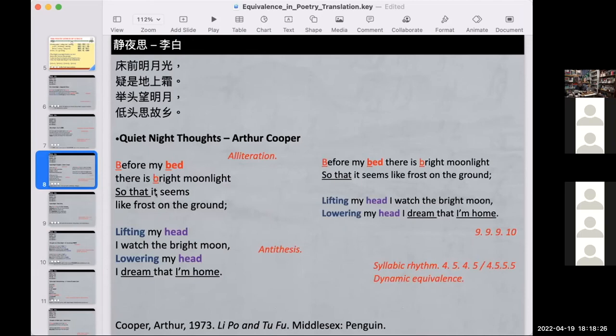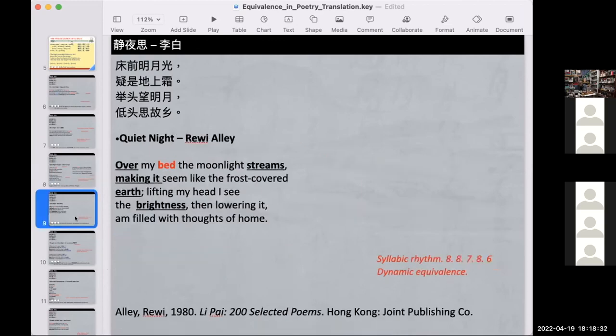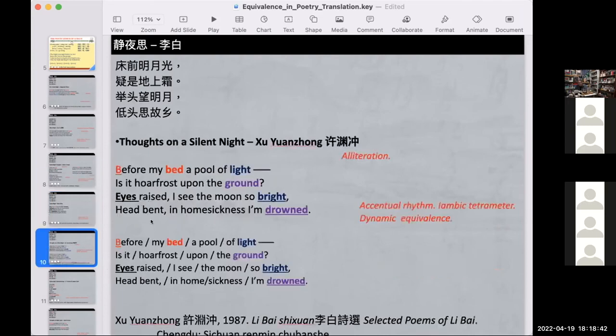Before my bed, there is bright moonlight, so that it seems like frost on the ground. It's very natural. And here also, over my bed, the moonlight streams, making it seem like the frost-covered earth. Again, very natural English. But here is not really natural English. Is it hoar frost upon the ground, eyes raised, you know, I see the moon so bright, head bent, in